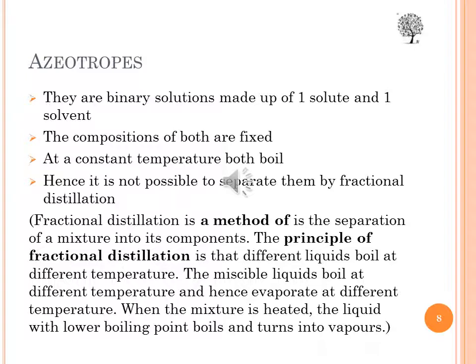So we have the last portion left in solutions, Henry's law and solubility. What do you mean by solubility? How much of the solute you can put in a unit volume of a solvent? You take 1 liter of a solvent. How much solute in grams can you put there so that you get a saturated solution at a given temperature and pressure? That is the solubility. Saturated means after that you cannot add any more of the solute. It won't get dissolved. So the units are amount of solute in solvent, grams per liter or moles per liter.